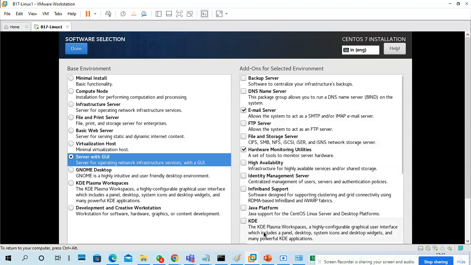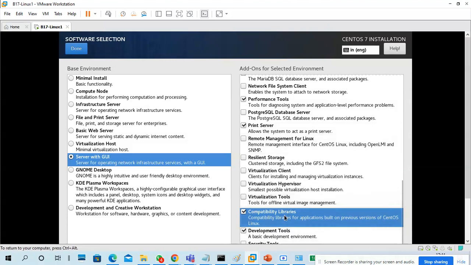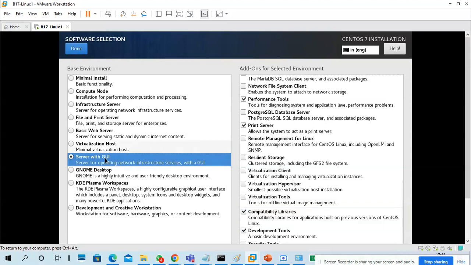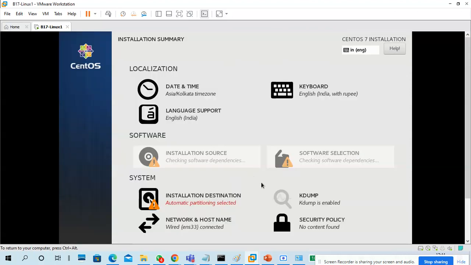If you forget any of these check marks, what will happen? Nothing will happen. So no need to worry about it. Try to select those things. Do not select everything, guys. If you select everything, then it is very slow. I'm selecting only a few. Server with GUI, so you will get GUI mode. So done. Software selection is done also.